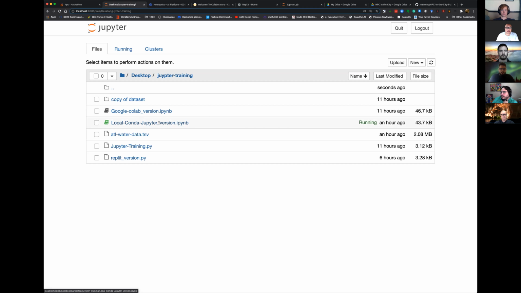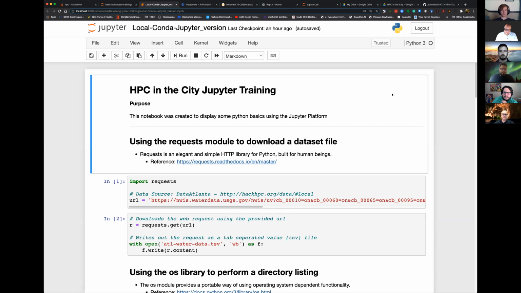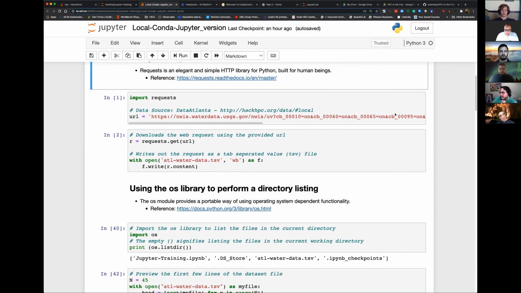If you do not have it installed, that is okay. You can always come back and install this, and all that information is provided, of course, on the slides. This installation does take a little bit of time, so be patient. But I have clicked on my Jupyter Notebook, my local Conda Jupyter version, and here we are inside of the